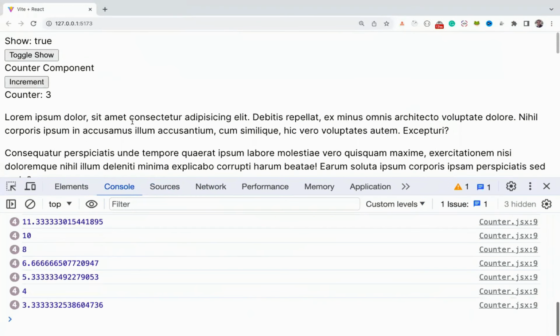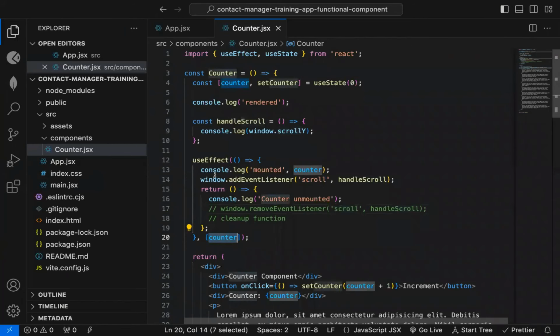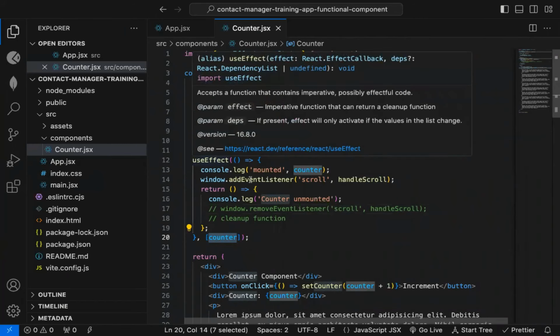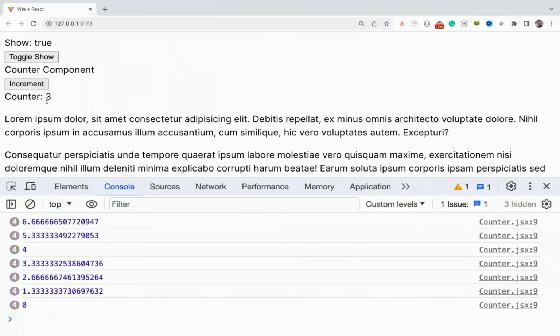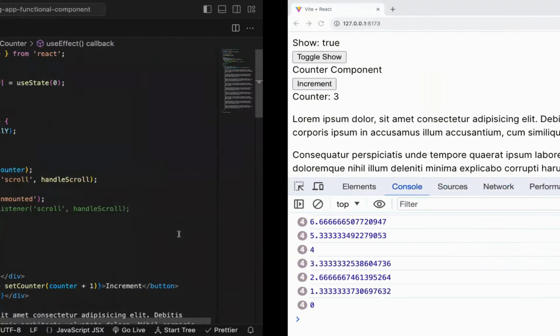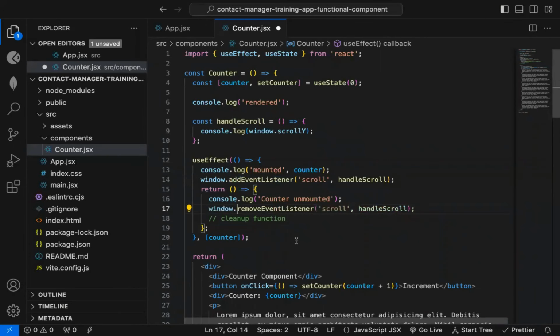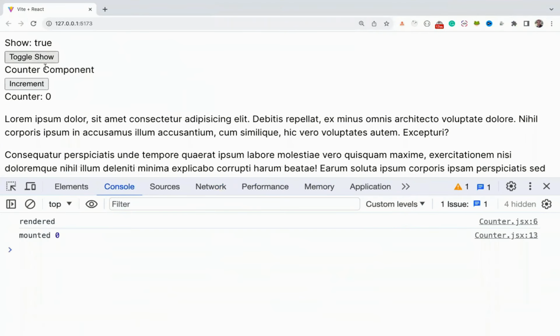So when I scroll, you can see this event listener is added 4 times, because every time count changes, your event listener is added. Initially, this useEffect is executed, so you add this event listener. After you have clicked increment 3 times, the counter is now 3, so it has added that event listener again 3 times. So it's 4 times. But if I add this code to remove that event listener, now if I toggle show,